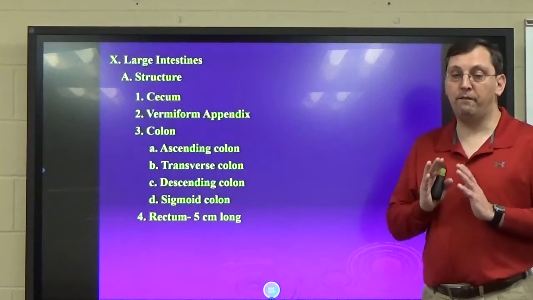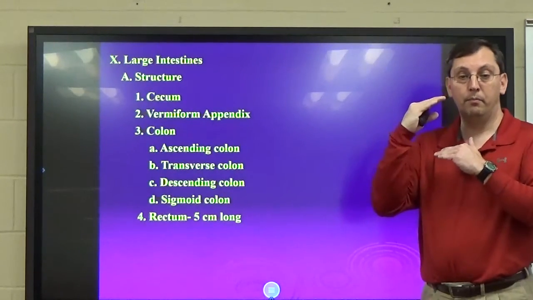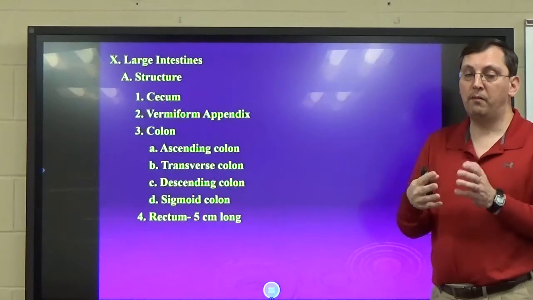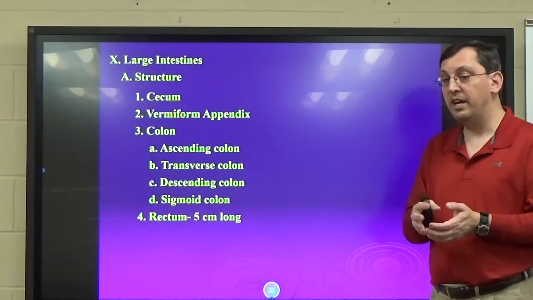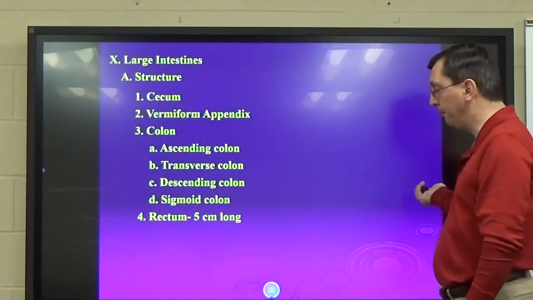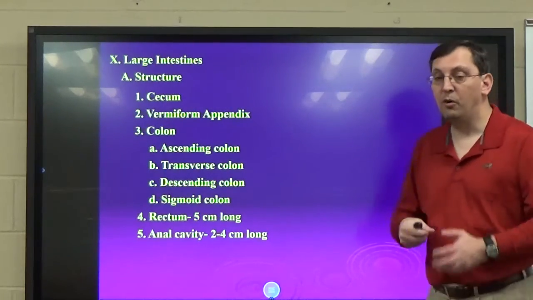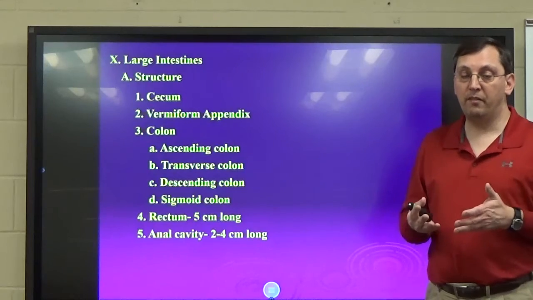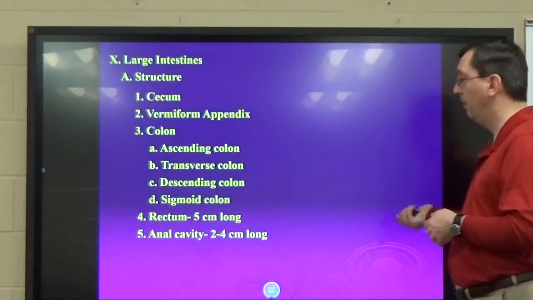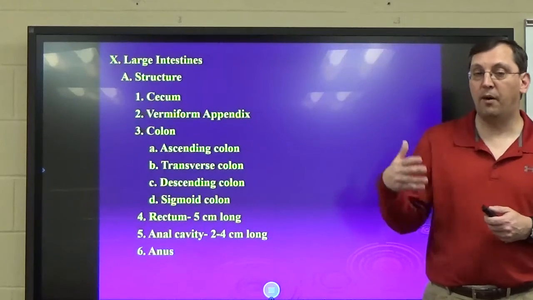The rectum is a short 5-inch long space. It's surrounded by different types of sphincters on both the top and bottom to help to control the amount of things coming through. Even though it's a short area, it's sort of the collecting and holding area before it leaves the body. And then the final portion of the anal cavity is about 2 to 4 centimeters long, which at this point, you're basically having sphincters open and closed to allow the removal of waste from the body. The final opening is the anus, which is going to exit the body and allow everything to leave the body